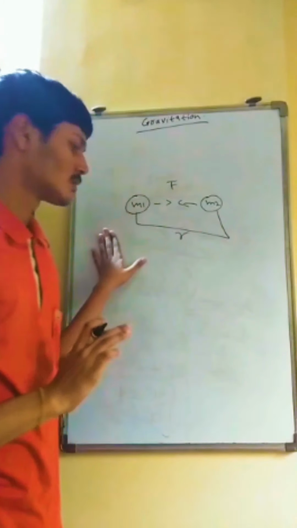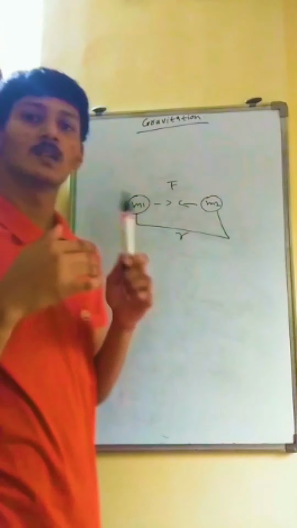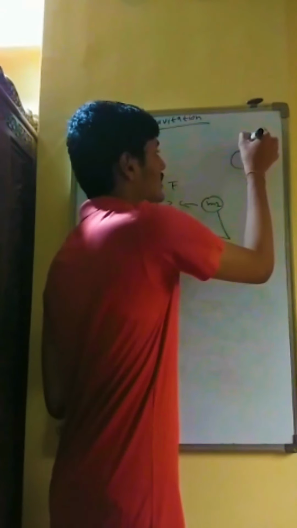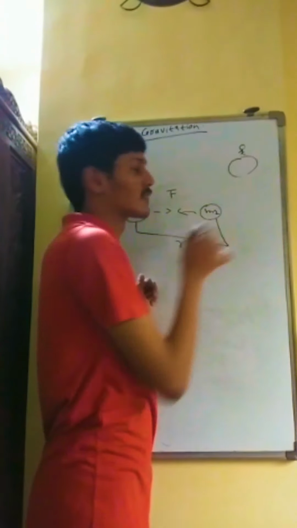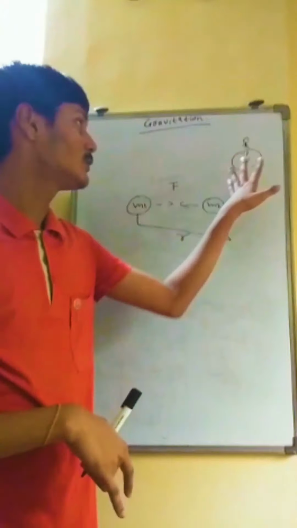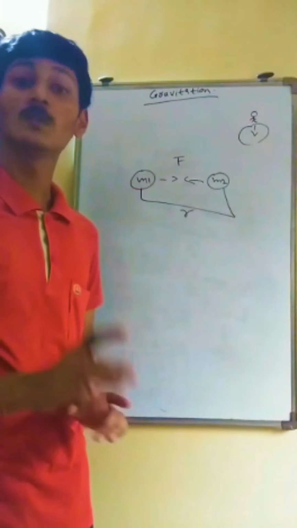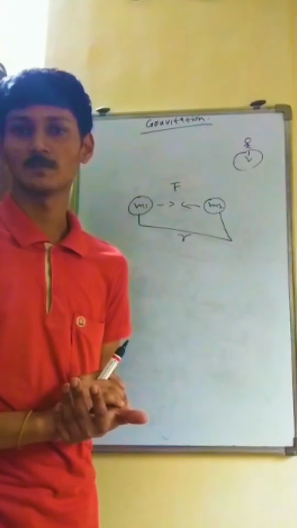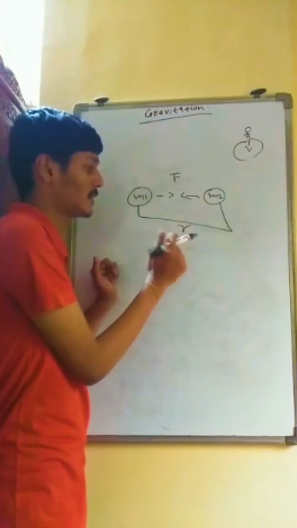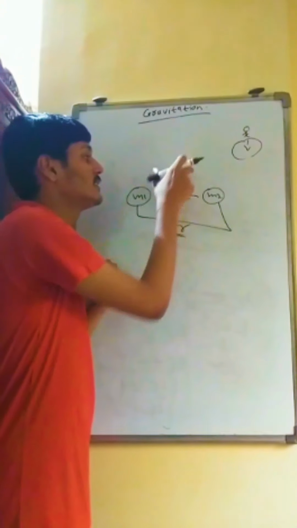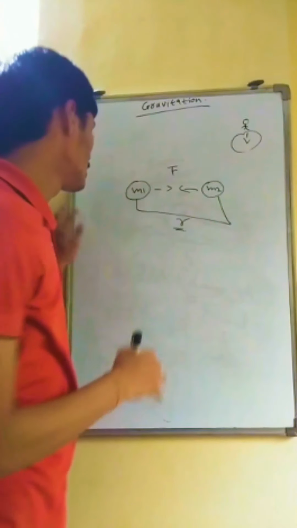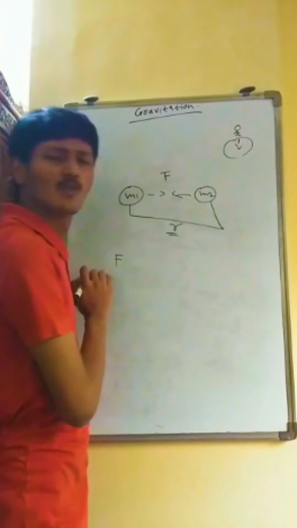Correct? For example, actually speaking, our Earth is a body and we are a second body on it. So there is some force which attracts us towards the surface of the Earth. For that, Newton found an equation through which we can calculate it. So for example, there are two bodies of mass m1 and m2 separated by a distance r, and there is a force attracting them towards each other. Correct? So how will we get the relation of force?